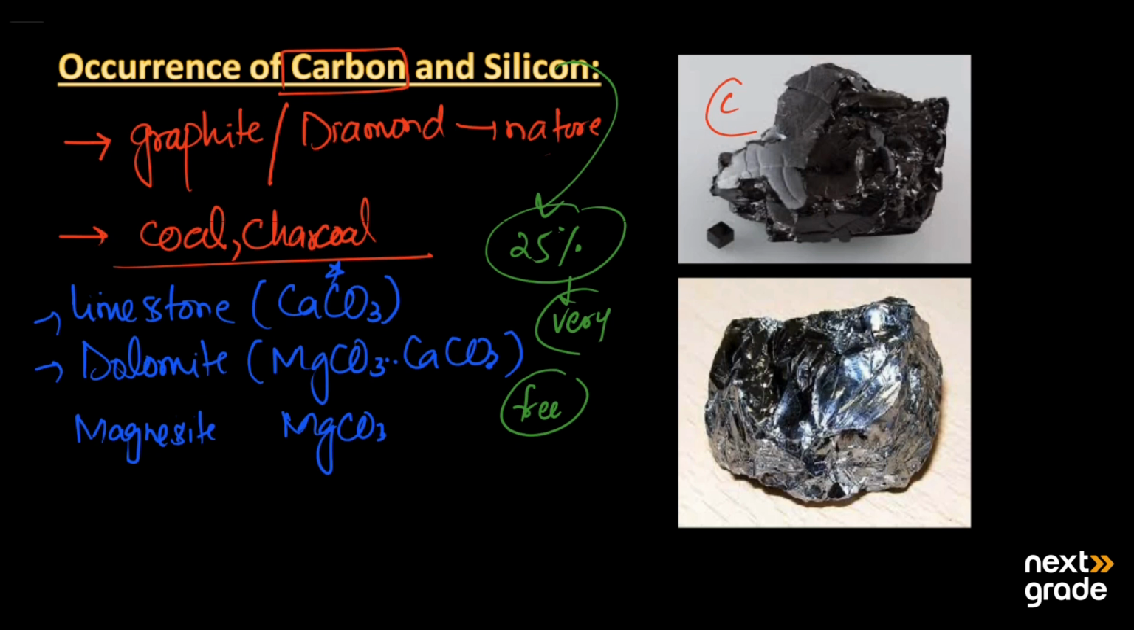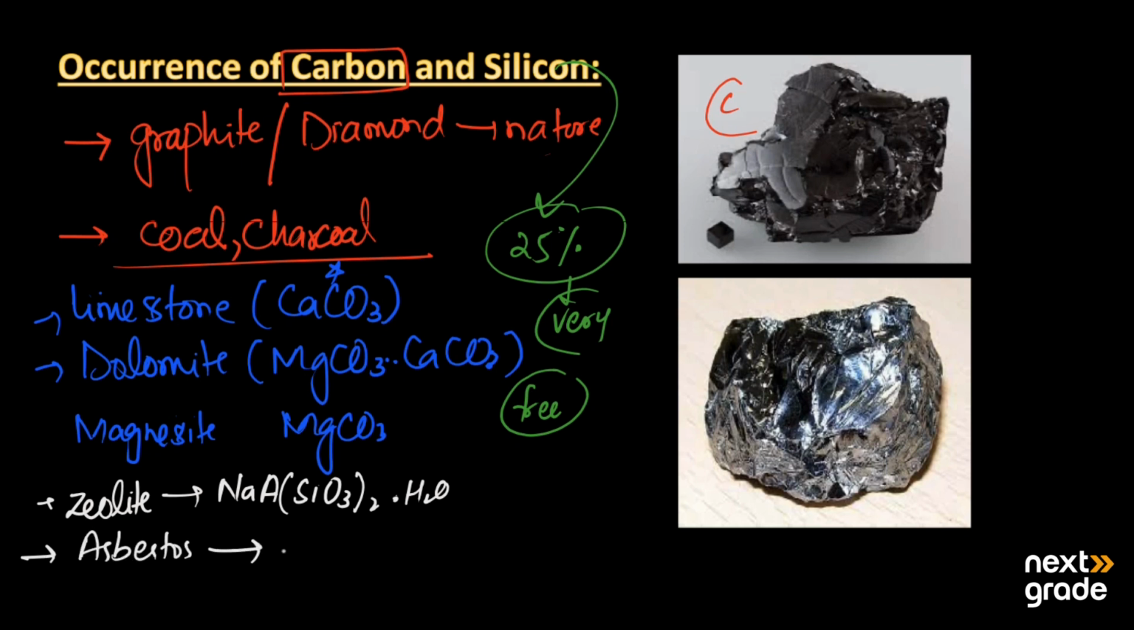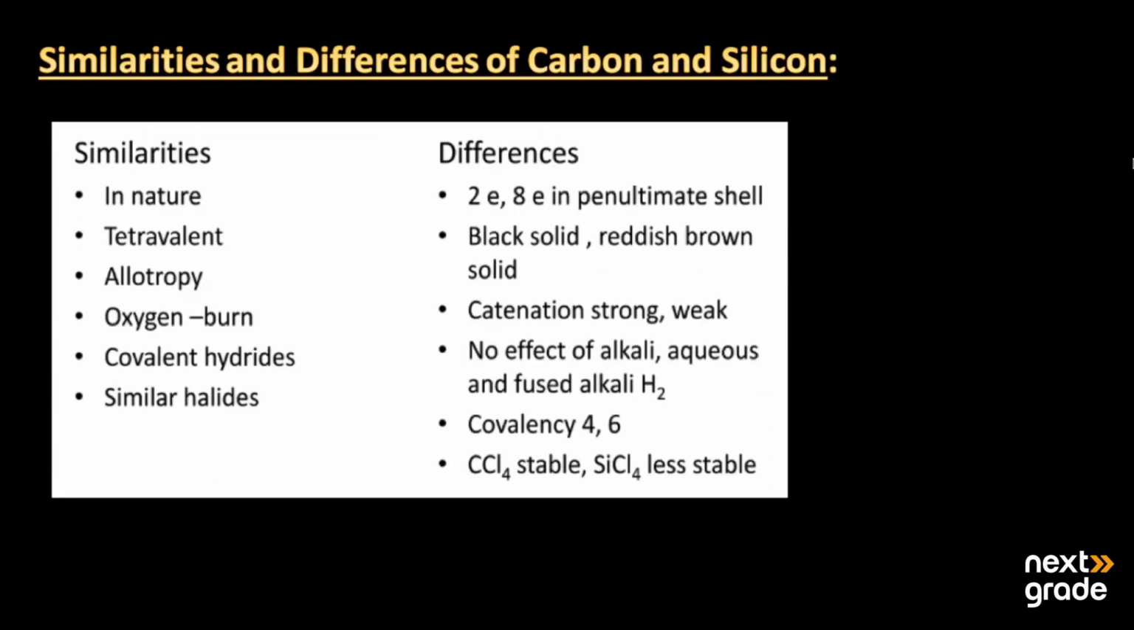The first one is zeolite. Zeolite is a mineral of silicon in which we have sodium aluminium silicate along with one water molecule, so it is a monohydrated zeolite. Then we have asbestos. Asbestos is also a mineral of silicon. Its formula is calcium magnesium silicate. Along with zeolite and asbestos, we have zircon and talc. So silicon is not present in the free state, but we have its mineral forms. This is a simple occurrence of silicon and carbon. After that, we have the similarities and differences of carbon and silicon,